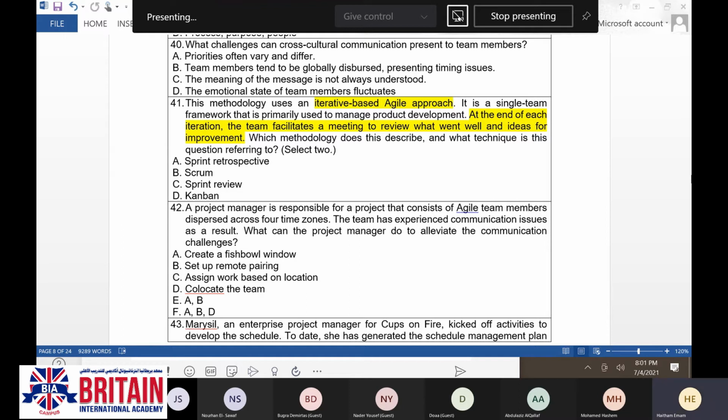So co-locate the team here is not the right answer. Why? Because it's solving another problem.